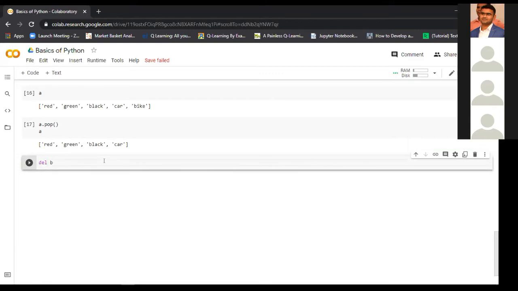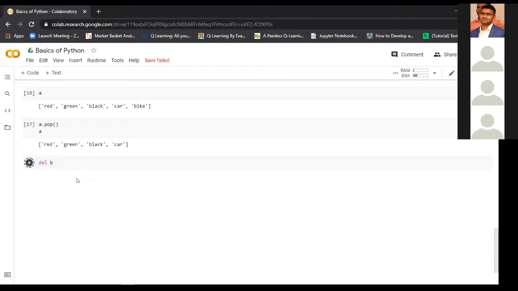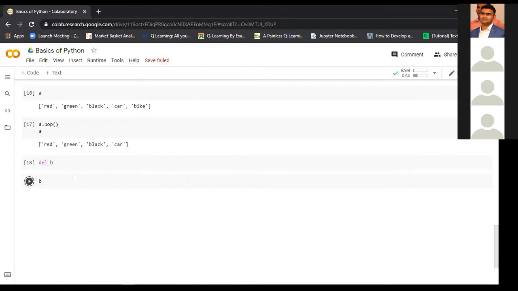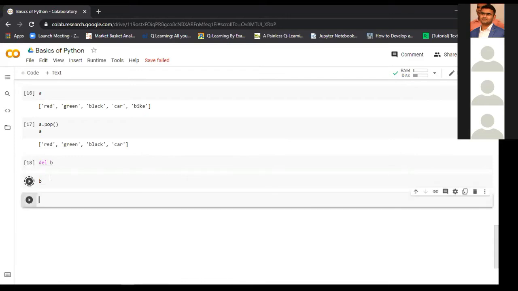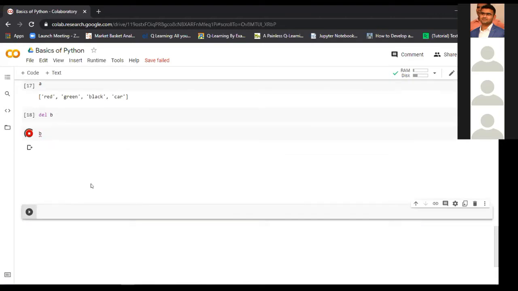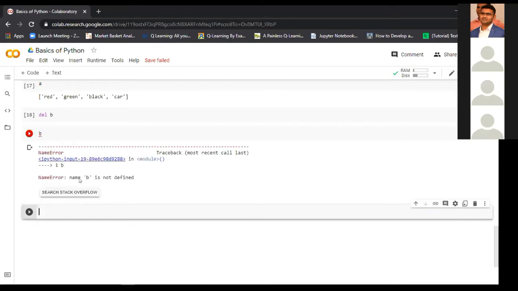So if we delete b here, it will delete the b, and if we try to call the b again, it will give us an error that the b does not exist. So let's see. b is deleted, and now if we try to call the b list, it will give us an error that the b is not present. So this is giving us a NameError, b is not defined. So we deleted the b.